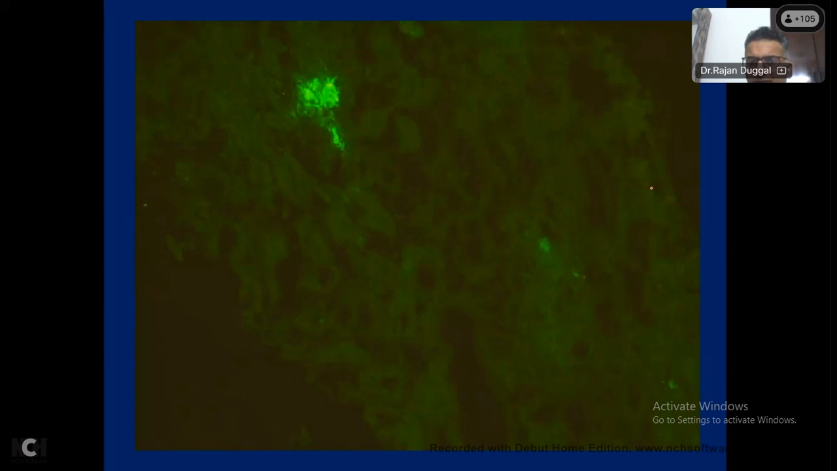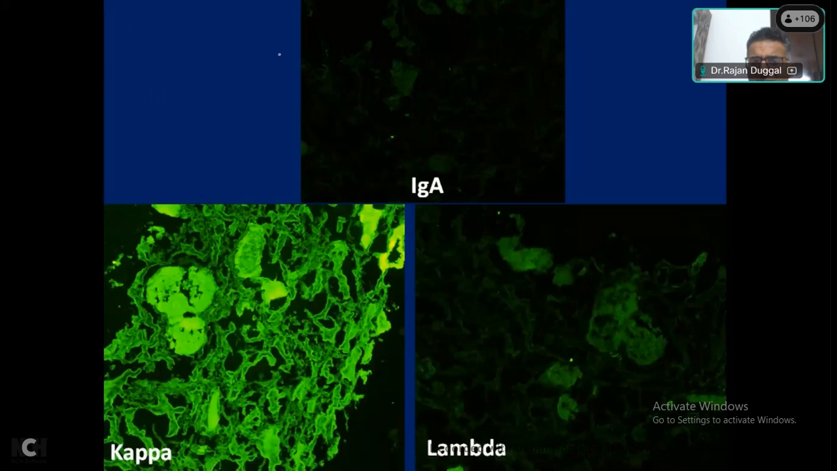Okay. So in immunofluorescence also, this is a tubular cast, and tubular cast is positive for IgA. So whenever we see that, remember that tubular cast contains Tamm-Horsfall protein and they are positive for IgA. So when you see IgA in the tubular cast, that means it is a normal tubular cast. And there are some cases where the tubular casts are negative for IgA